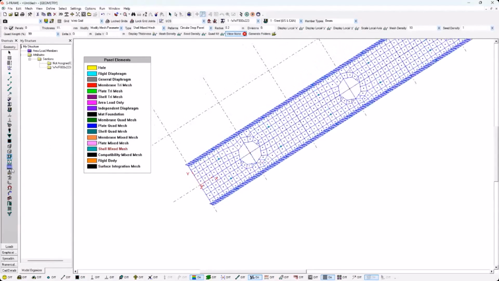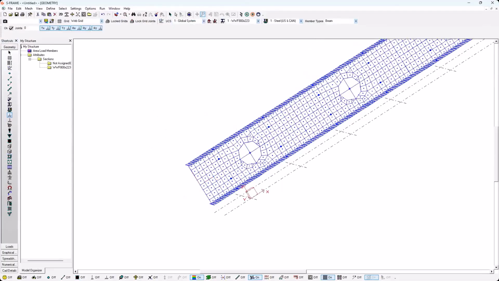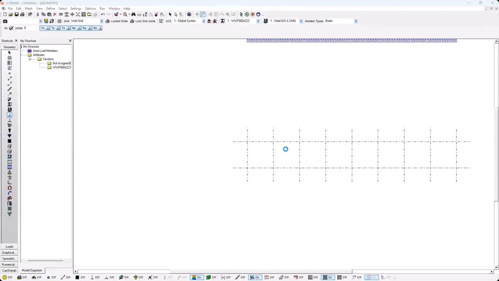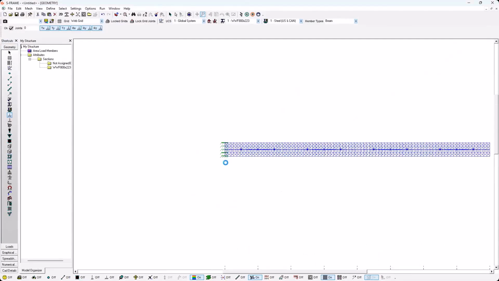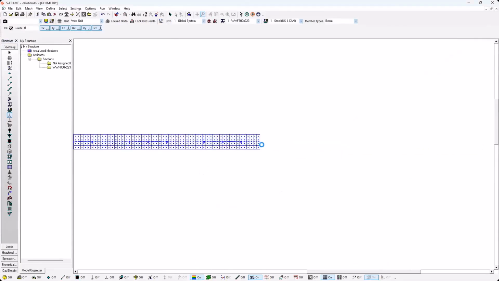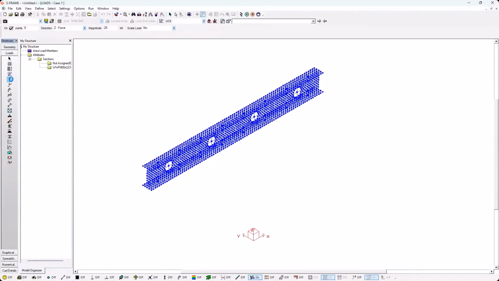So now I could go in and I could apply some boundary conditions to the end of this. Let me just switch back to my original global coordinate system. And I'm going to fix just one end here. We're doing a lot of cantilevers today. And I'm also going to apply some loads here to the end. So let me just do it here, make it really simple on myself and say,